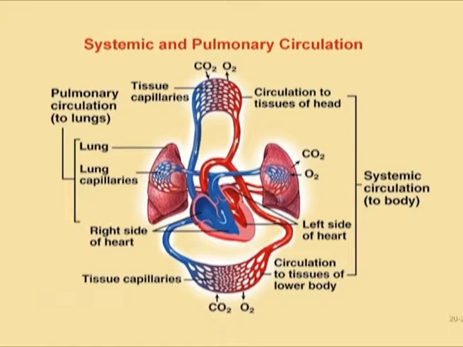The blood is pumped through two circuits, the systemic circuit and the pulmonary circuit. The systemic circuit pumps oxygenated blood to different parts of the body, brings in deoxygenated blood into the heart, from where it is pumped into the lungs. It gets oxygenated over there again and enters the systemic circuit. In this way, the two circuits keep on alternating.